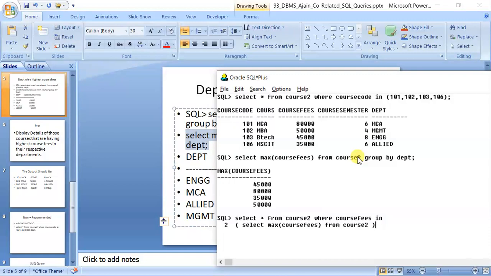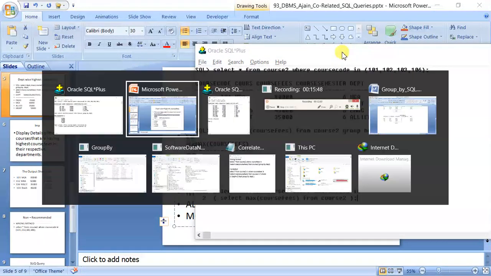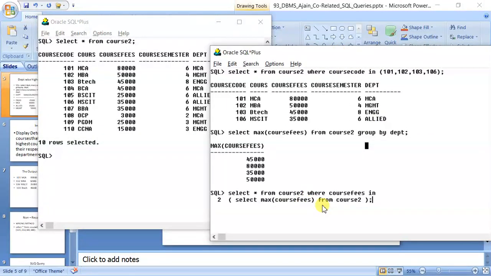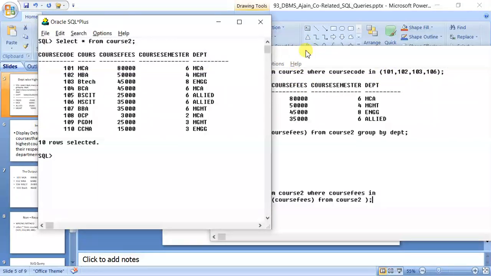Okay. So now you can see, or you must recall, this is a very important point of this topic. As per your understanding, how many outputs will come? Now see, if you look at this inner query, select maximum course fees from course2, it will run like this. Internally, it will generate these four records. It will run something like this, these four values are placed something like this. Let me type this here, then you will better understand.